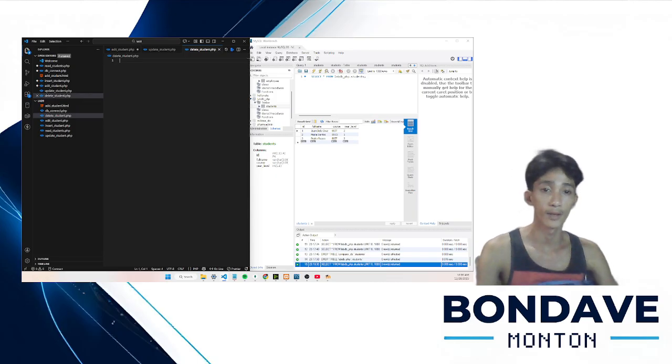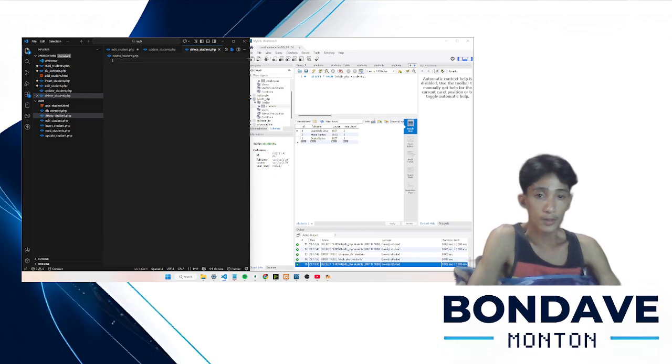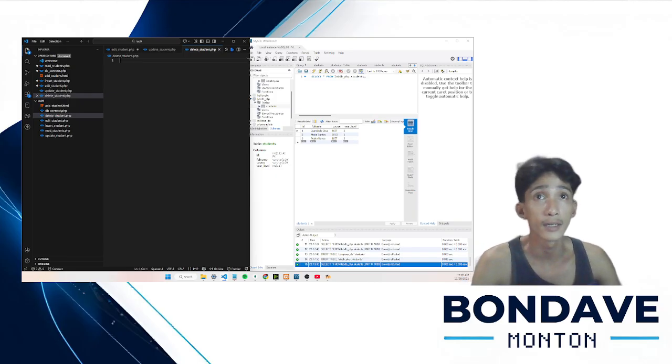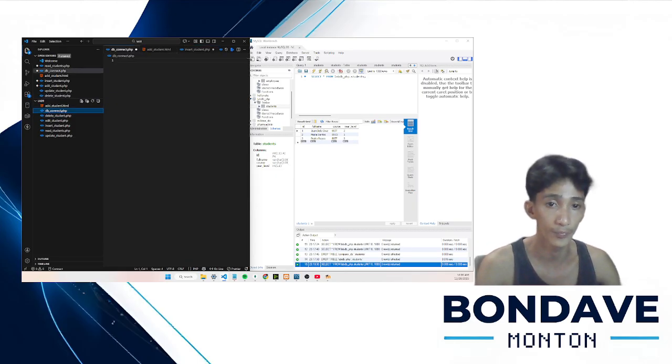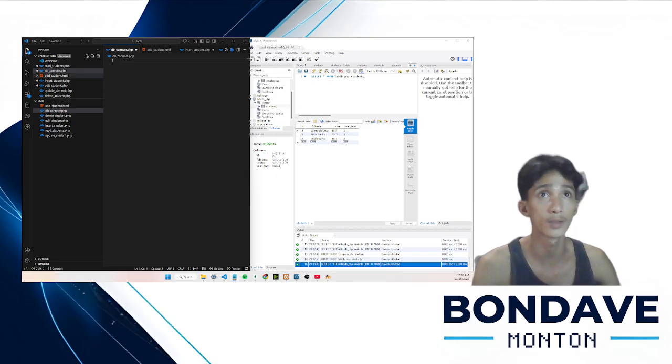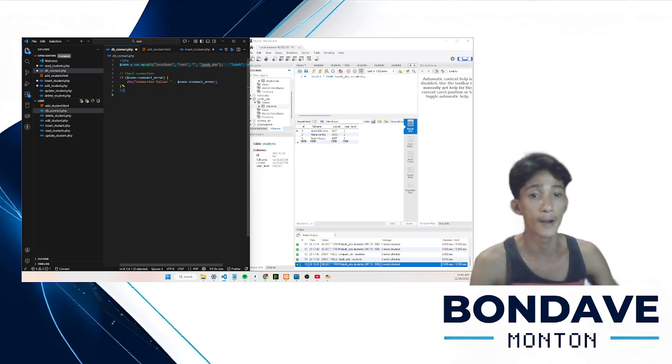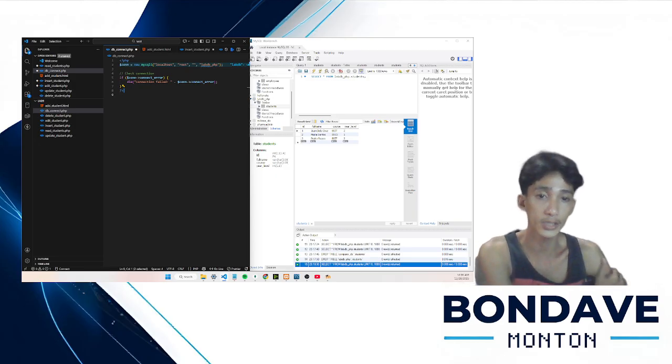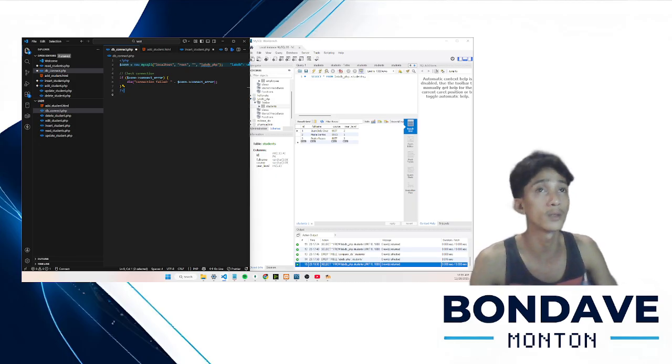Let's begin on our file, the dbconnect.php. In this file, we have the code. This file establishes a database connection. If the connection fails, an error message appears. Now this file will be included in all PHP scripts.